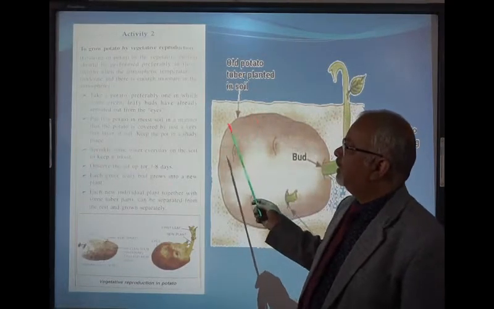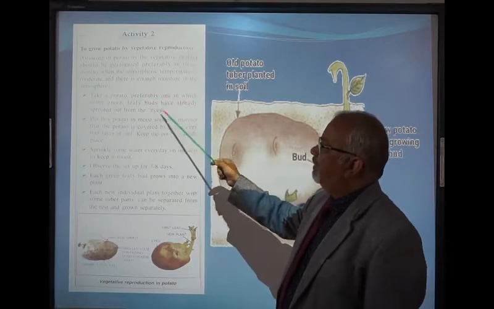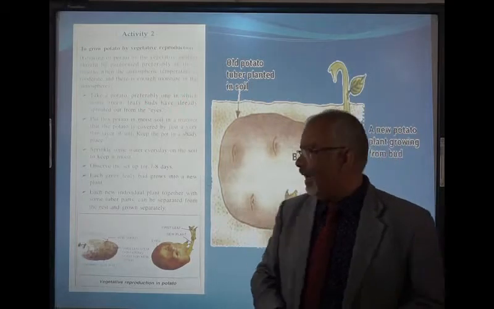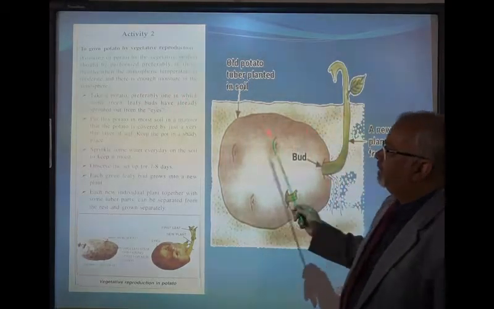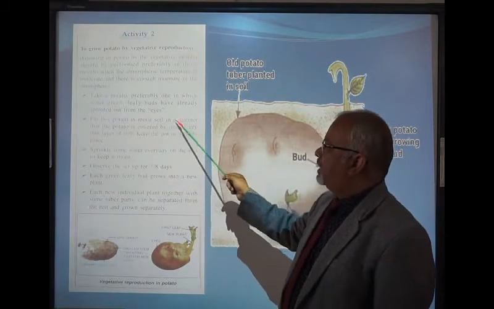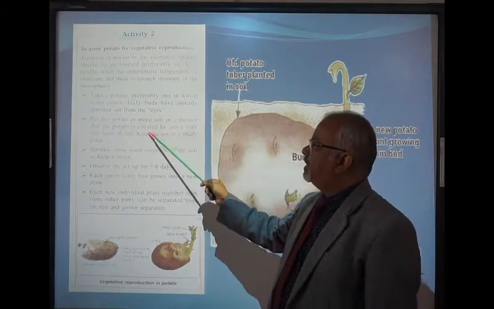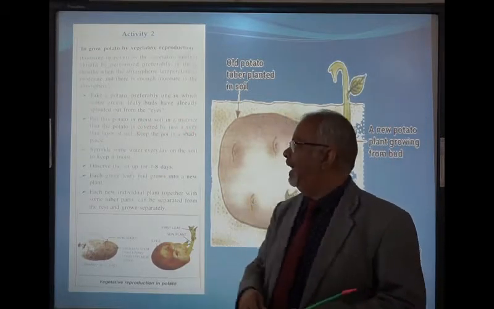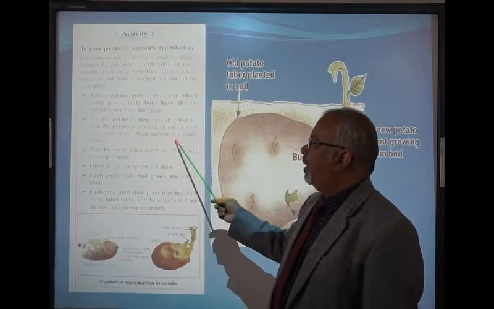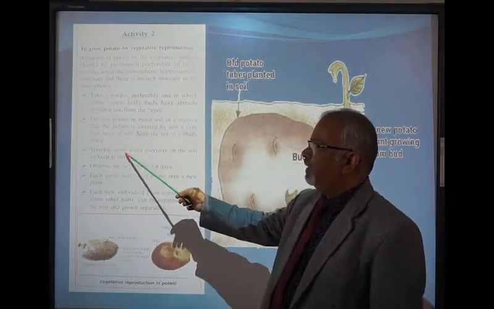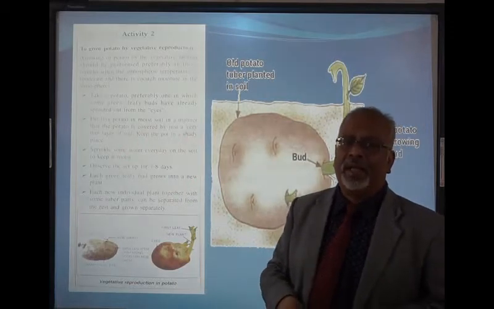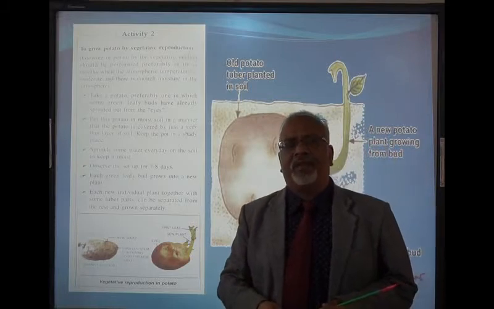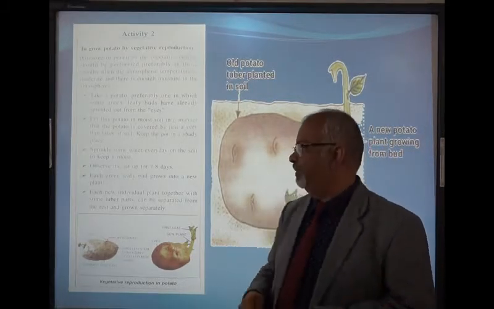So you have to take a potato, preferably one with some green leafy buds that have already sprouted out from the eyes. So like this one. Okay. Put this potato in the moist soil in a manner that the potato is covered by just a very thin layer of soil. Not too deep. Keep the pot in a shady place. Sprinkle some water now and then so that it remains moist, doesn't become dry, and then leave this for 7 to 8 days and then observe.